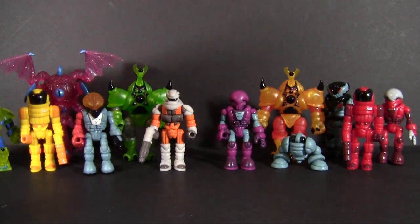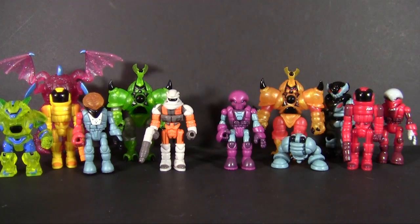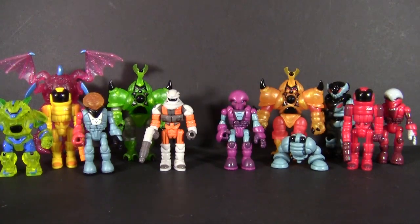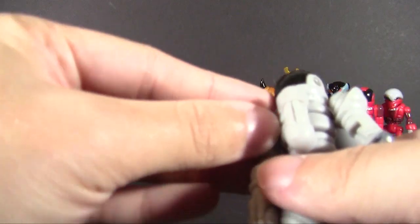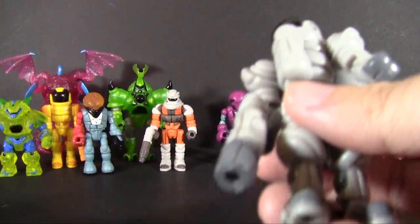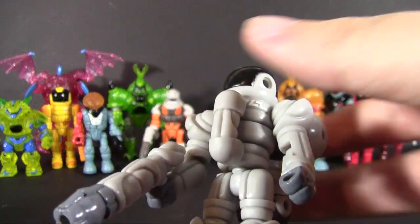So you get over there, you're out of shot. There we go. Now, here's the cool surprise to this. There was also a gray figure released. And you'll notice it is another Deep Space Glyon, but he is considerably more bulky. He's got a whole bunch of axis joints, a whole bunch of hair. Where have you been kept when you got all this dog hair on you? Sorry about that. But yeah, what you see here,